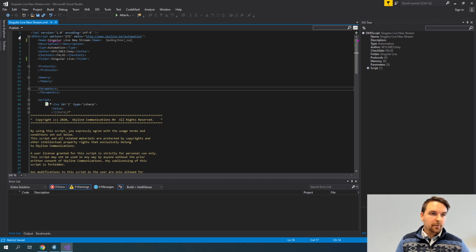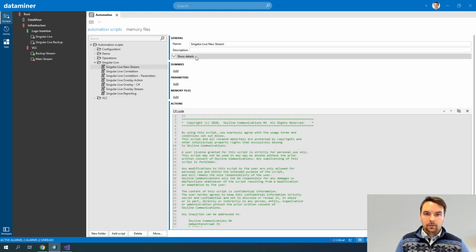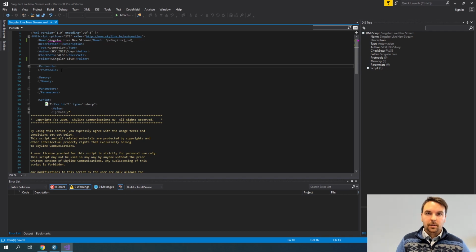You'll notice that I have a publish button here, and this is actually used to publish my script directly to DataMiner. So if I click this, my script should now become available here in DataMiner Cube immediately, and you can see my script is here. Now I don't need to manually update my script all the time or upload my script. For example, if I want to add a dummy for my Singular Live